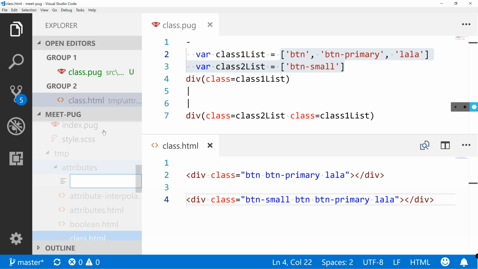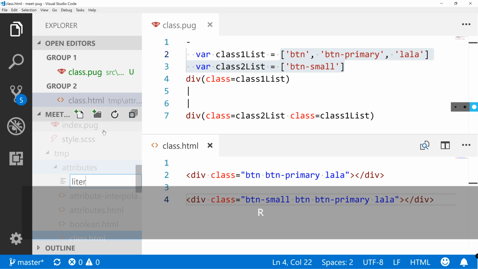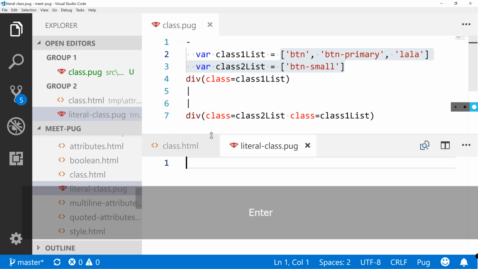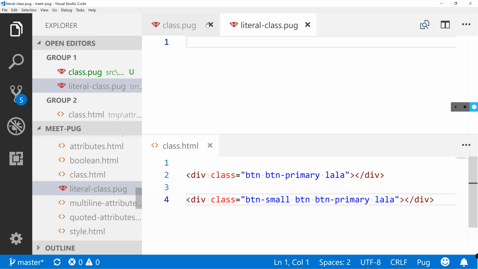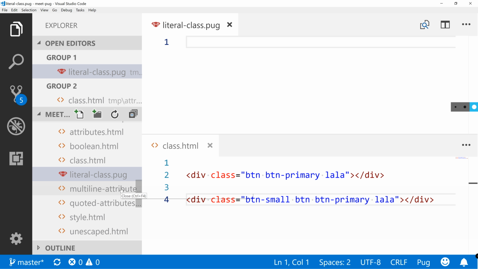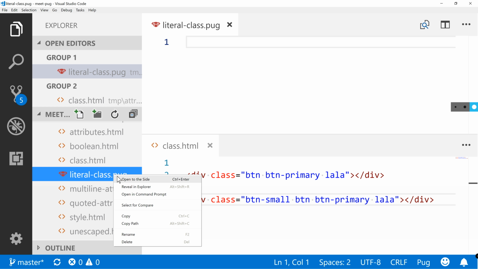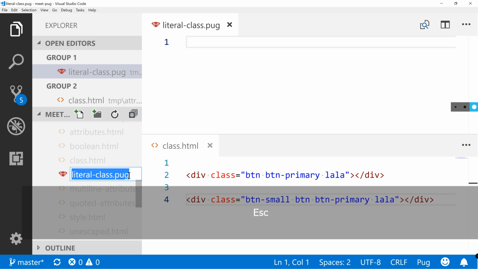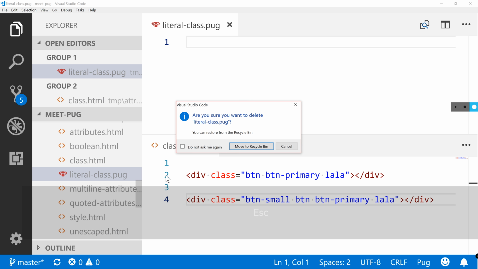New file, literal class pug. Move the pug on top, close that file. No, we want this to be, copy the name of it and delete that file.